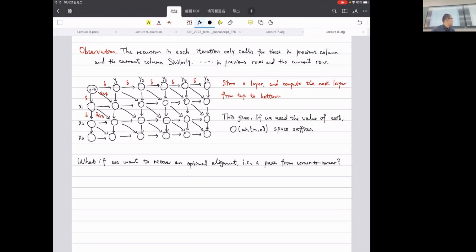Okay, let's come back to our class. So basically, for the last class, we have been talking about this sequence alignment problem. And for this sequence alignment problem, we can give a good dynamic programming algorithm to solve this. And for the algorithm, the time and space complexity can both be big O of